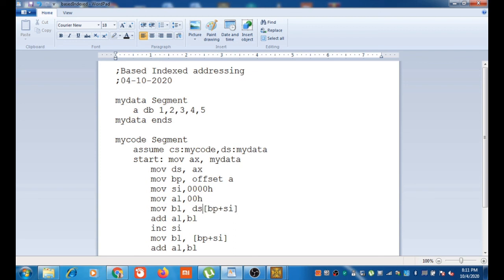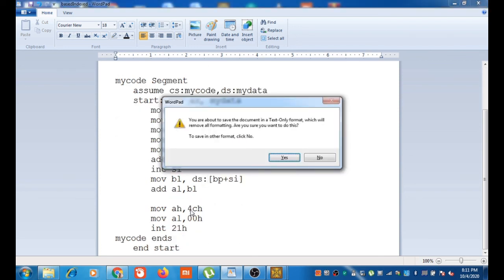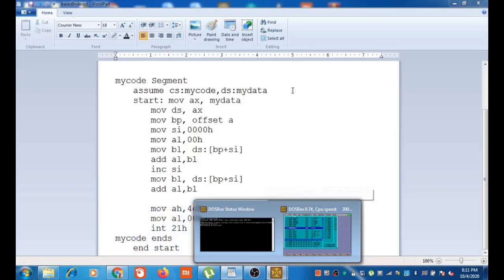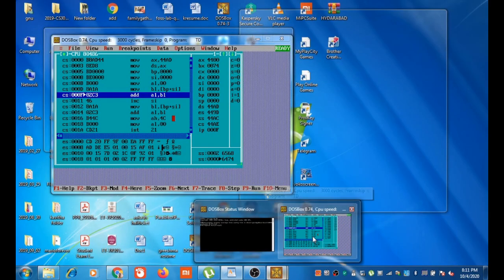So we will include this override fix, here also DS. Okay, let us translate it and load it again.